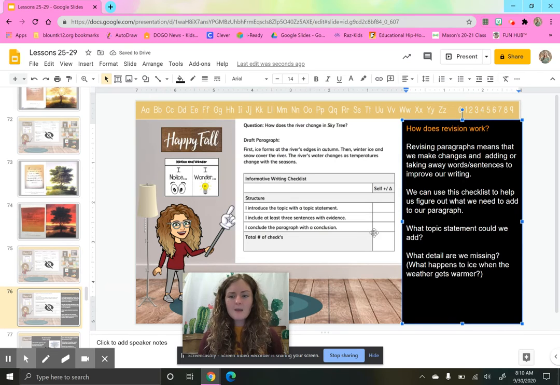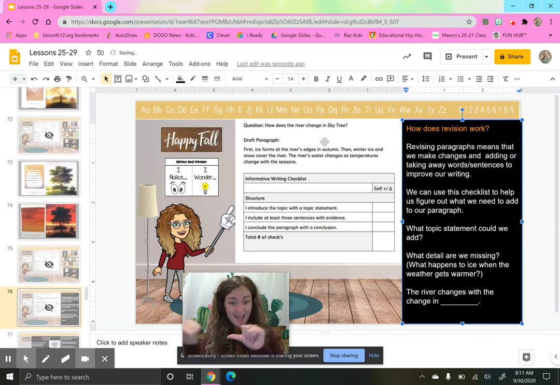So my topic statement, I am thinking that I need to answer my question because that's what I do with a topic statement. How does the river change in Skytree? So I'm talking about the river. So I'm going to start my topic statement with the river. What does the river do? It changes with the change in